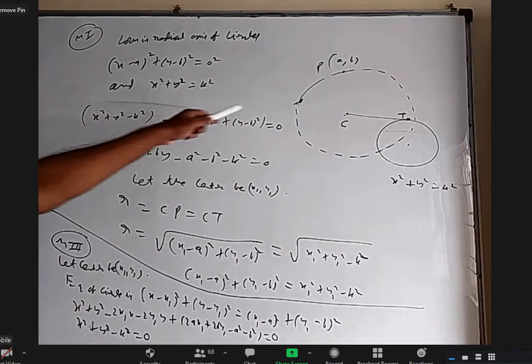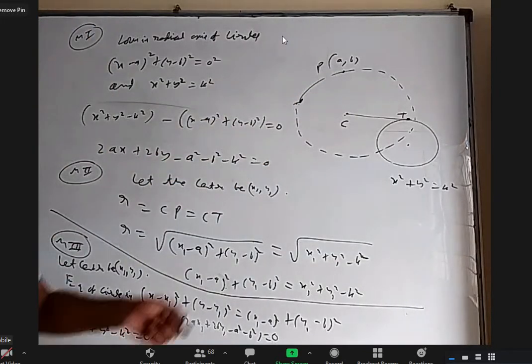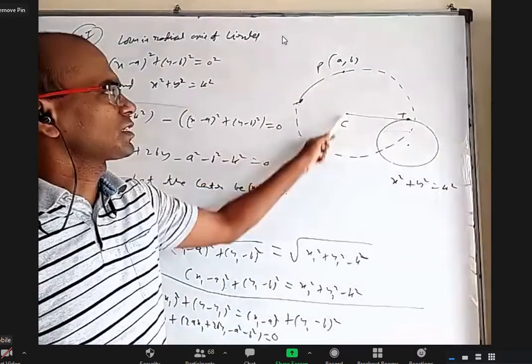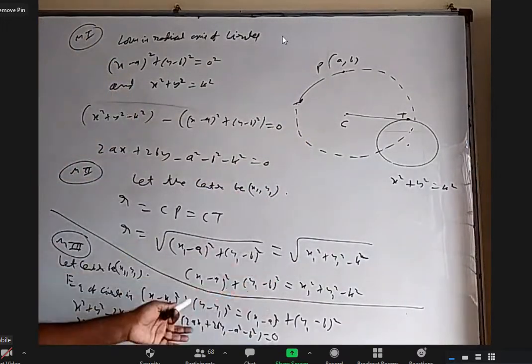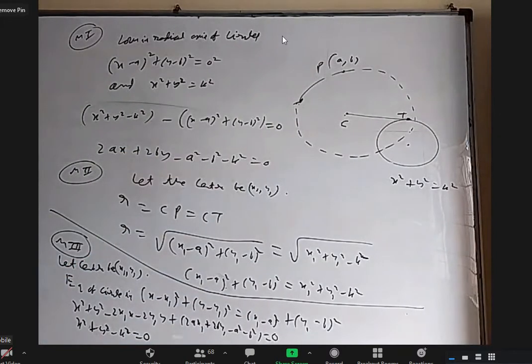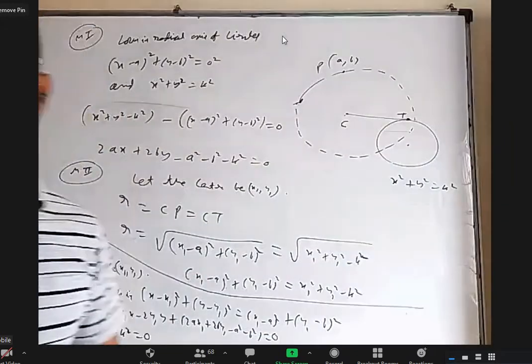The first method is to take this as a point circle, then the radical axis is the answer. The second method is, if you assume the center (x1, y1), this distance is the radius, and the length of the tangent is also the radius. We equated both of them and brought everything to one side, and you get the same equation. The third method is, if you assume the center, you know the radius, you can find the circle, and for two circles to intersect orthogonally, use the orthogonality condition.